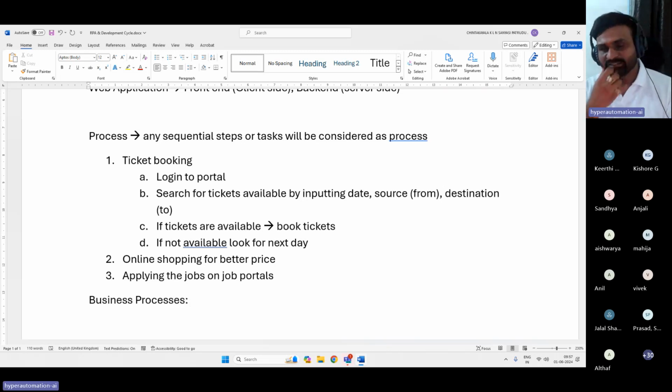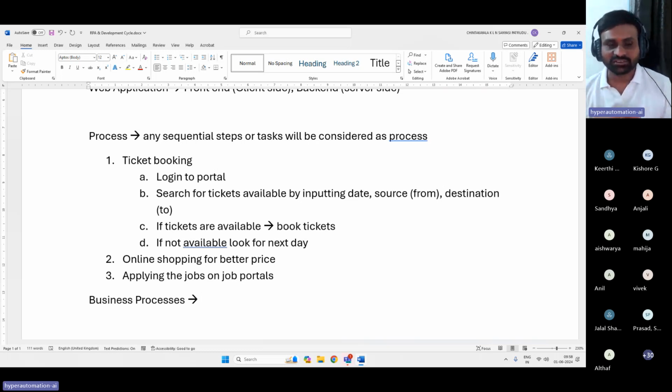So what is business process? See, there is no much difference. When you say business processes, we just use some words to confuse you and to showcase that when we are working in an industry, we know much better than you. It's just word jugglery. Generally, people do this. There's no difference.